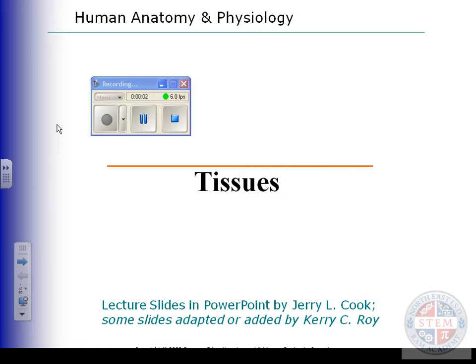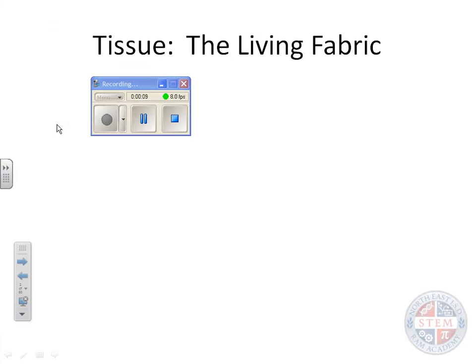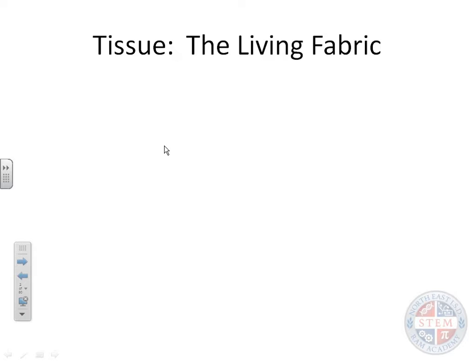Okay, so today we're going to talk about, and I'm going to start to introduce you to the tissues of the human body. Okay, so tissues are the living fabric of the human body. It's where cells come together, and when cells come together, they make tissue, and then tissues can become a multicellular organism, and then we get to produce different types of organs